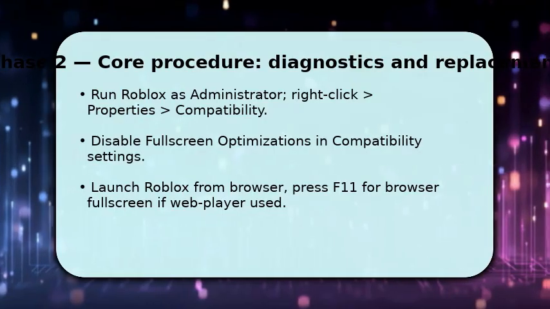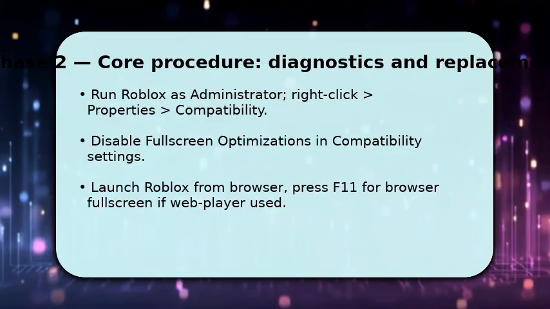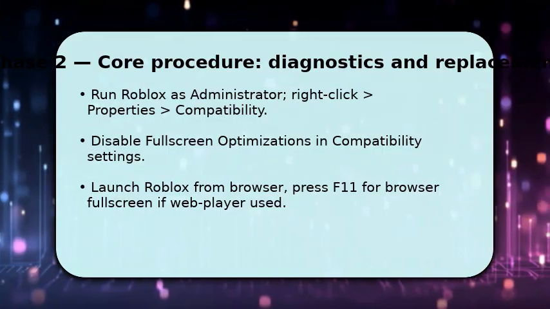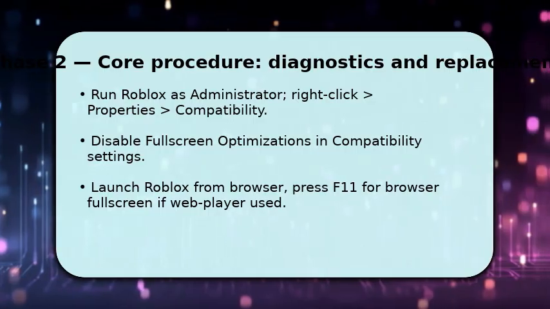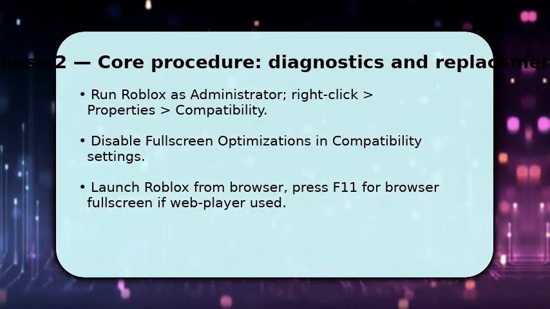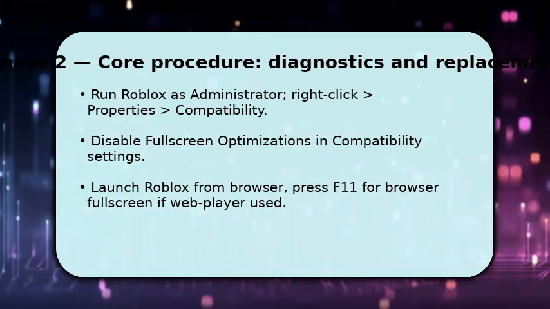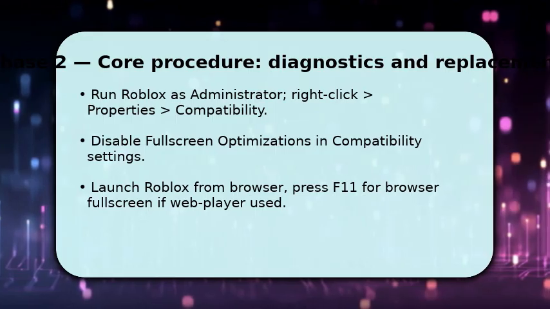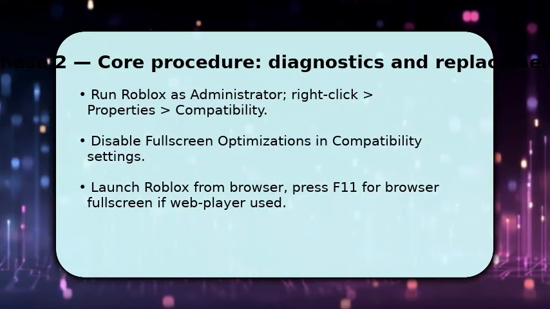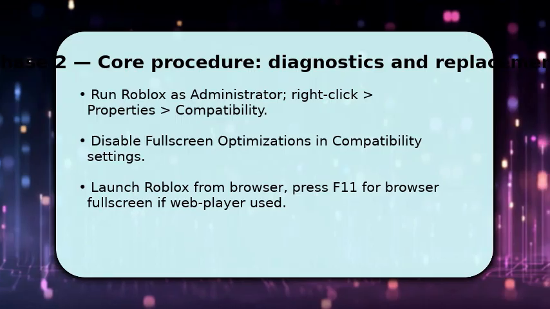Now configure the Roblox executable. Right-click RobloxPlayerBeta.exe, choose Properties, then Compatibility. Check Run this program as an administrator. Also tick Disable full-screen optimizations. Apply and close. If you use the browser version, launch the game from Roblox.com